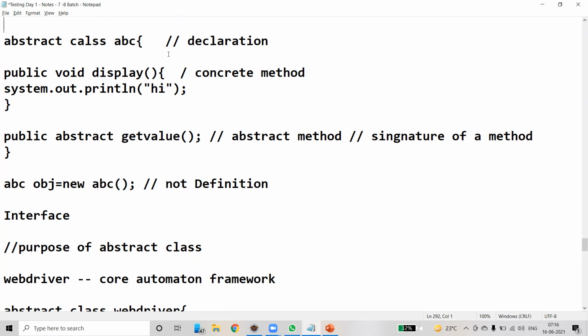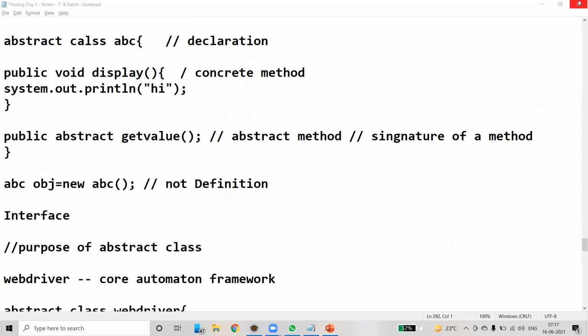So we can't say abstract classes are 100% abstract. What is abstraction? Hiding the irrelevant details, but does it hide the entire functionality? No, it exposes certain functions and hides certain functions. So we are implementing abstraction, but it is not a 100% abstract class. Is it clear?